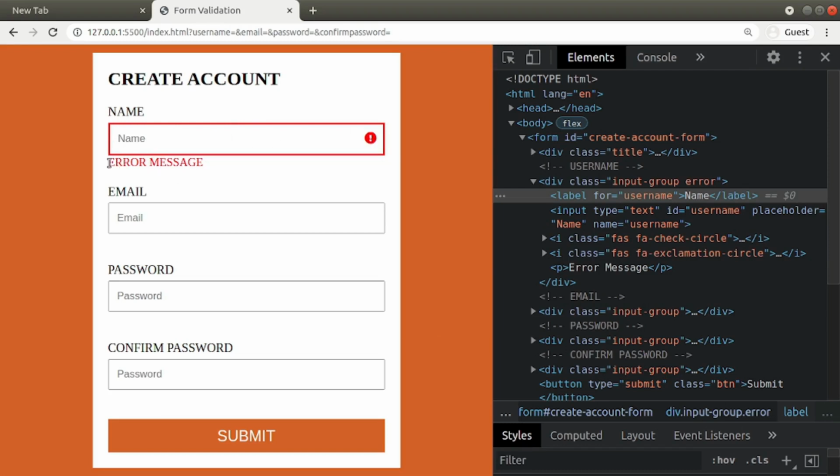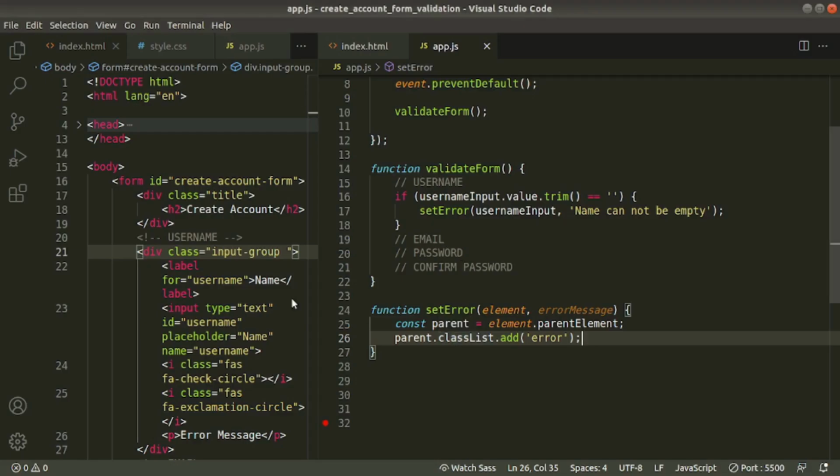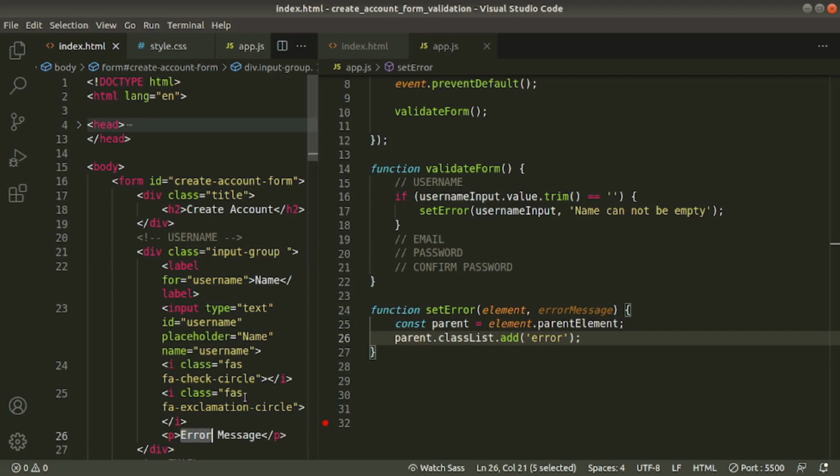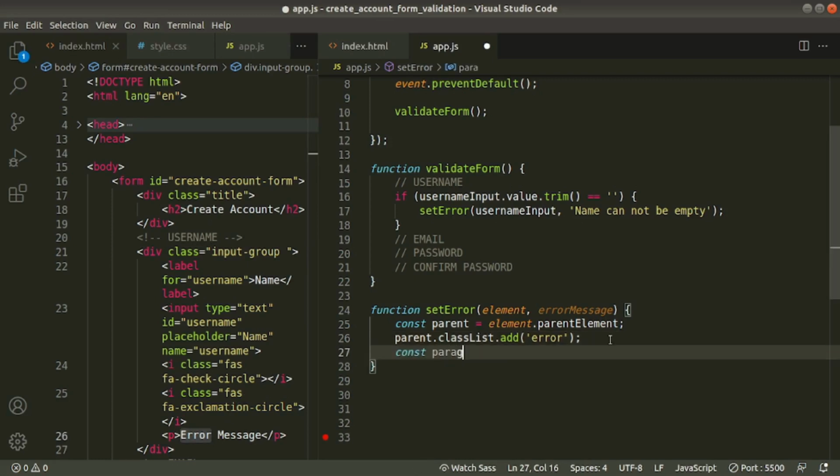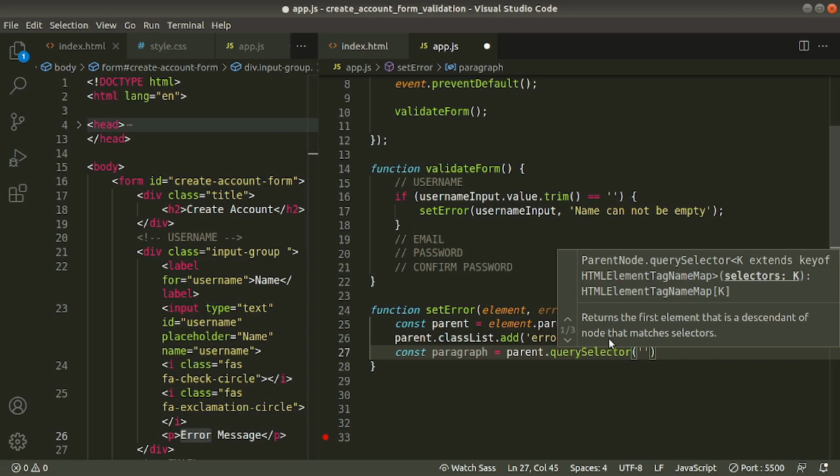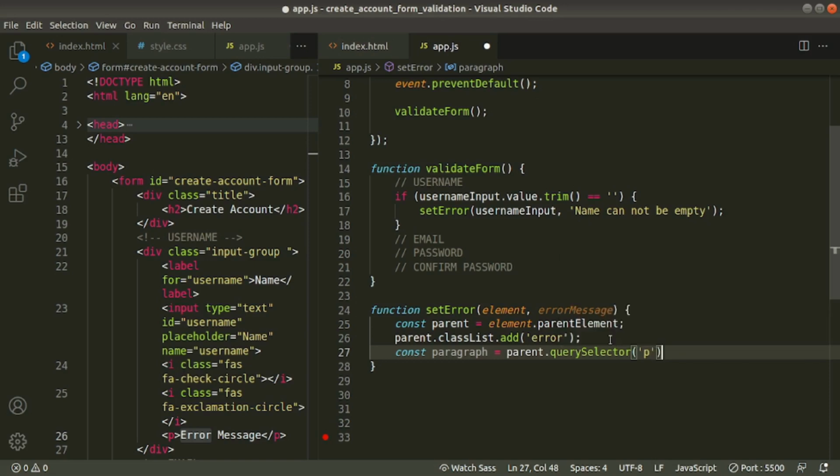Now we will override this message. Now you see in the HTML, this is the parent div, right? And the paragraph is here. We'll access this paragraph now. Parent dot query selector and search for paragraph tag.